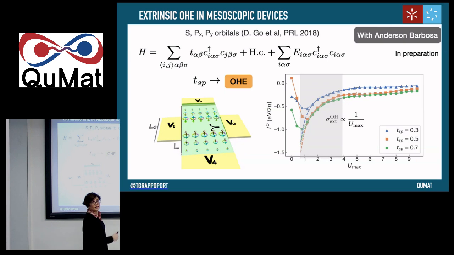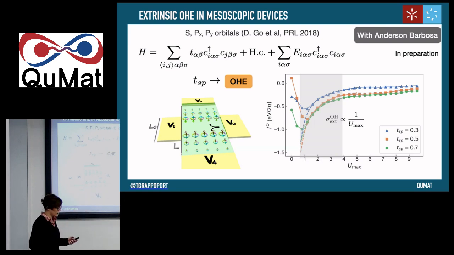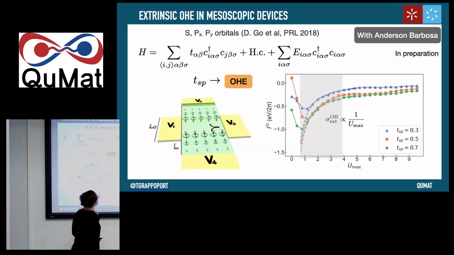I think you can't really see my highlight in this region, but it does not appear. So what we have here is a region where we do have a diffusive regime, like in the previous slide. And in the diffusive regime, in these dashed lines, we can fit the orbital conductivity being proportional to the inverse of the strength of the disorder. So we have something that seems like skew scattering regime as well.